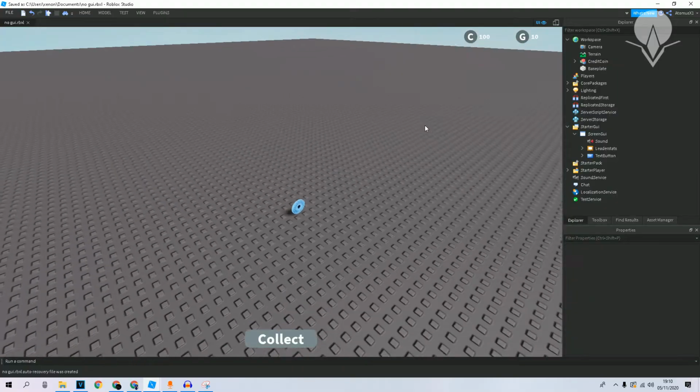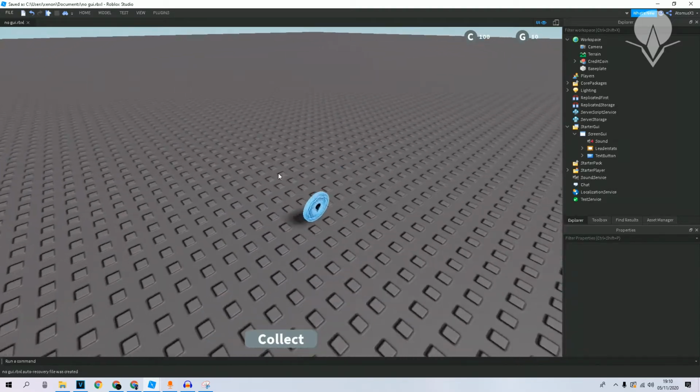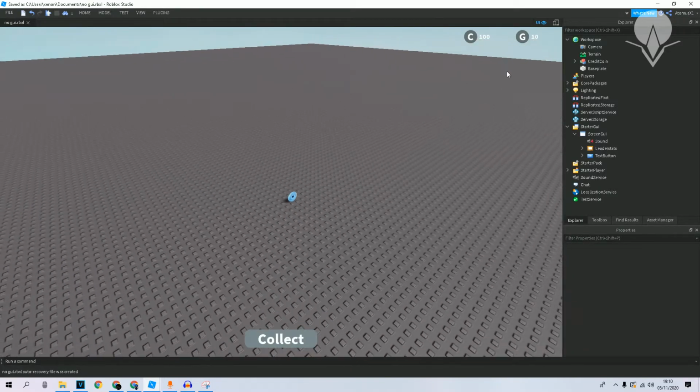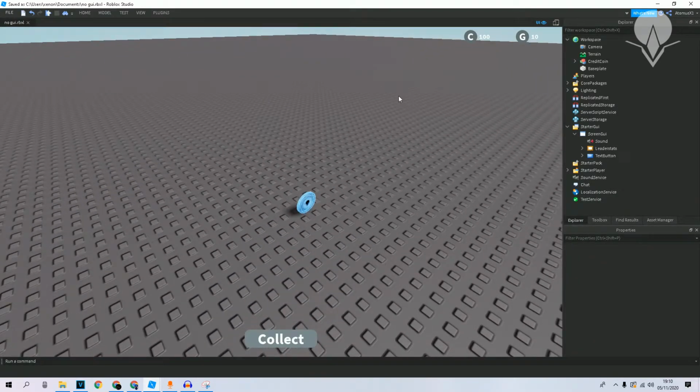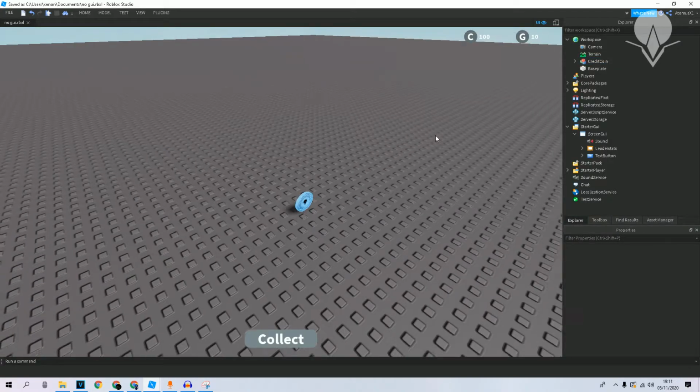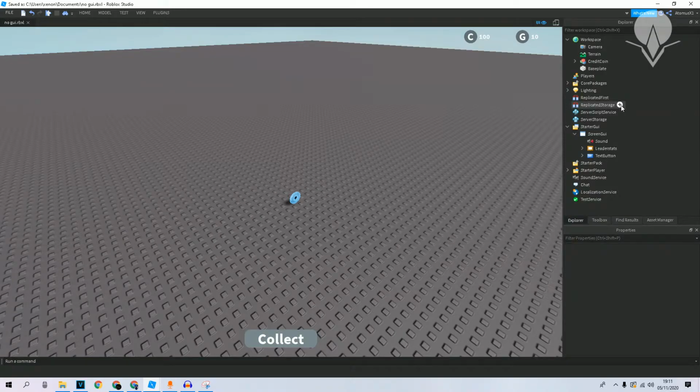So I've just very quickly made a simple GUI and credits. If you do want to follow along with the tutorial, I will have these assets in the link below for you to go take. So the first step we just need to do is create a remote event. So if we just add a remote event and call this game line,